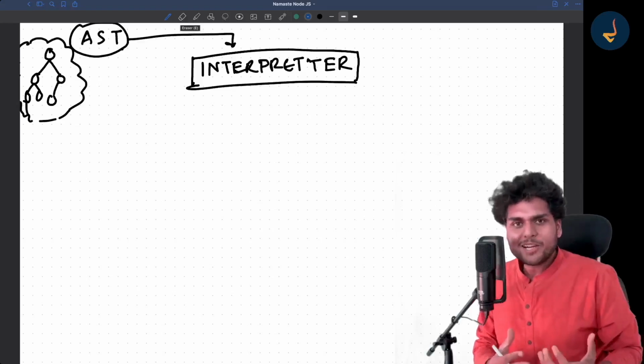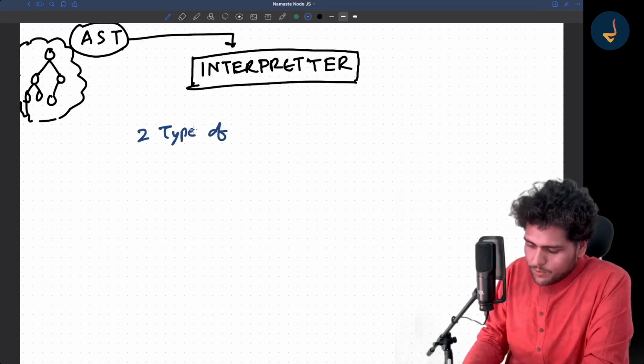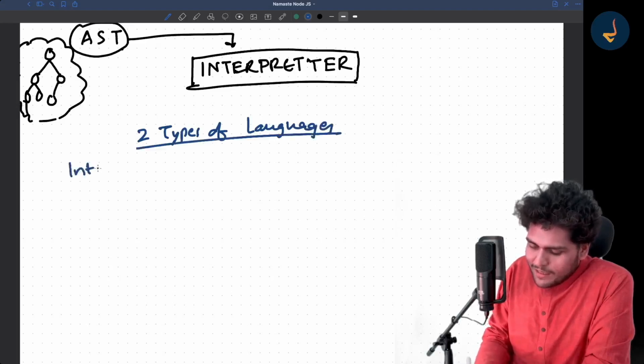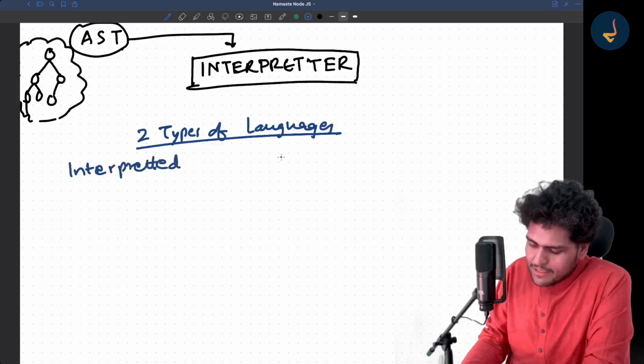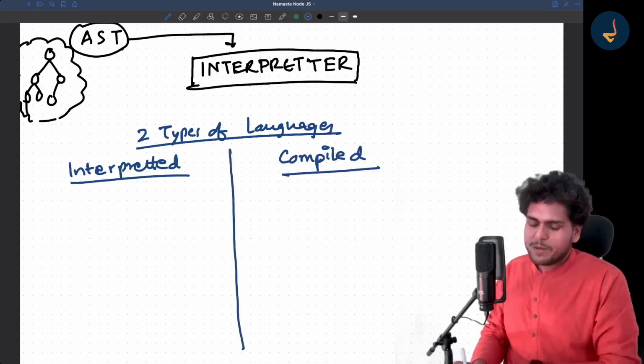Now let me tell you that there are two types of languages. The first are interpreted languages. The other type are compiled languages. What is the difference between the two?